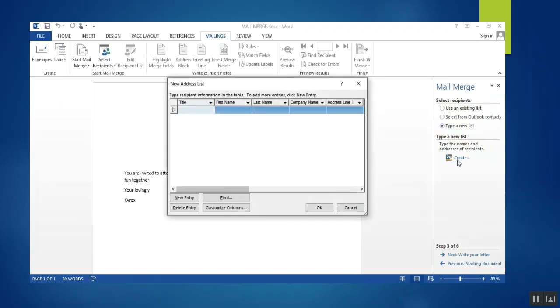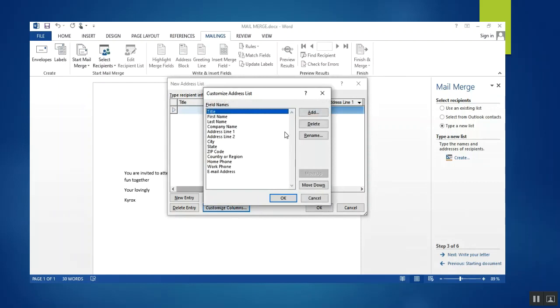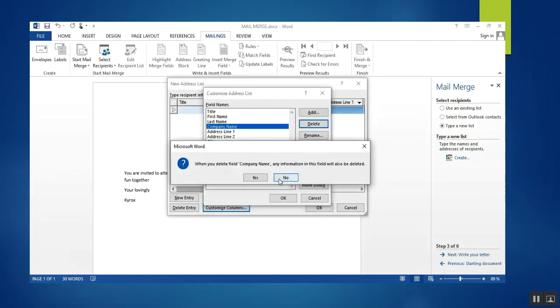Now click on create. Over here you can see a new list dialog box will appear. You can see different fields over here. You can add your customized column. For example, I want to delete company name over here. Simply I am going to delete.